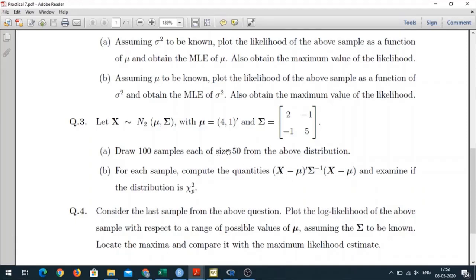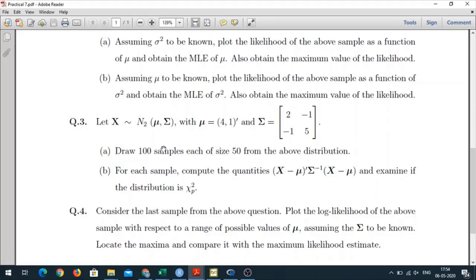Because my sample size is 50, corresponding to each observation I would get one value. So overall, I would have 50 values. Now from these 50 values, I can check the distribution. I can try to examine whether the distribution is chi-square p by testing. So what I'll do is apply the Kolmogorov-Smirnov test to these 50 values, this sample of size 50, and